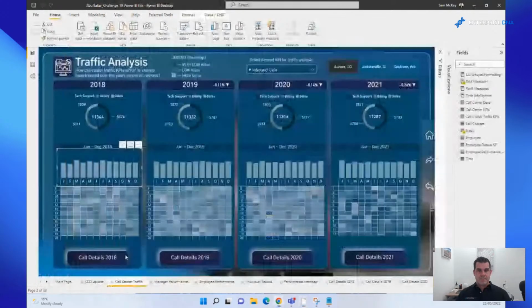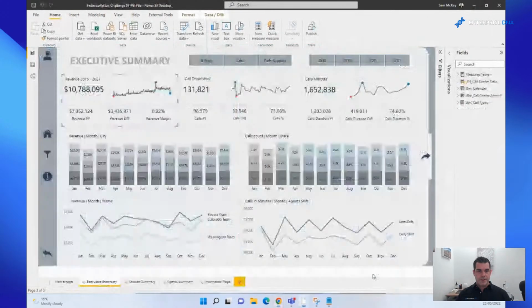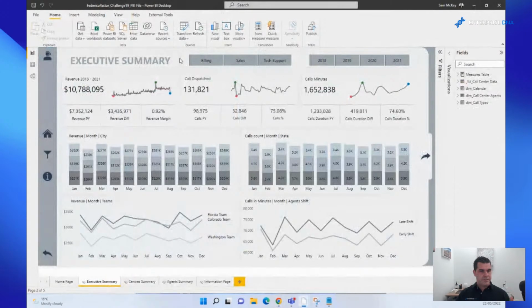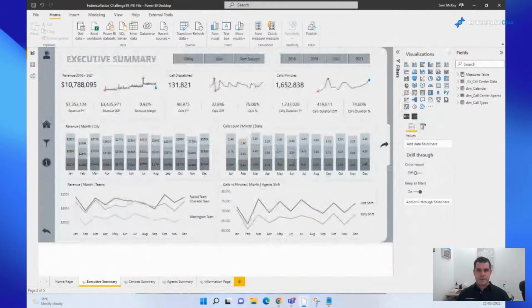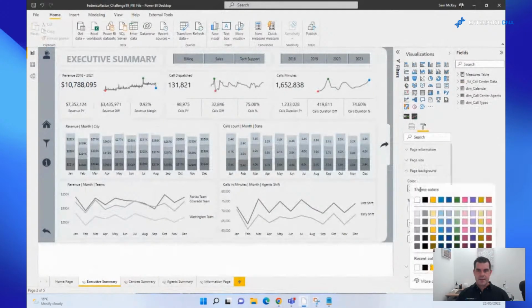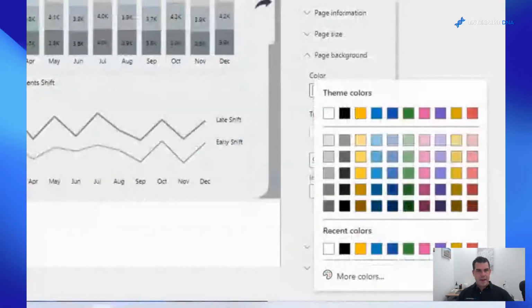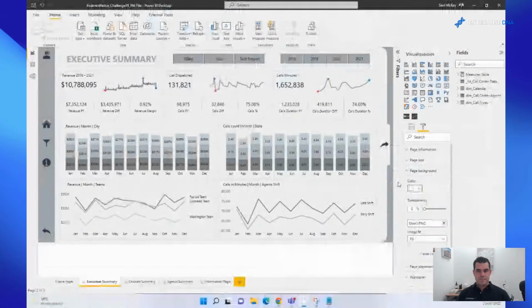And if I have a look at Federico's one, you'll see again very simple use of colors. If you come and have a look at the color palette here, again, a lot of variation in the color palette, but to keep things looking more consistent, there's no overuse of colors.